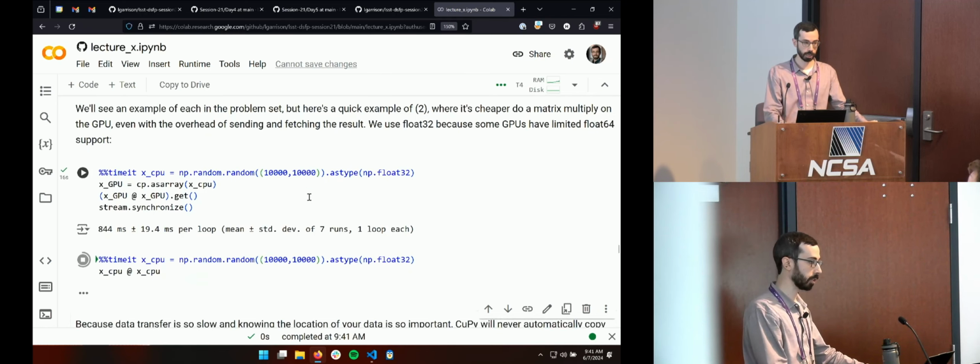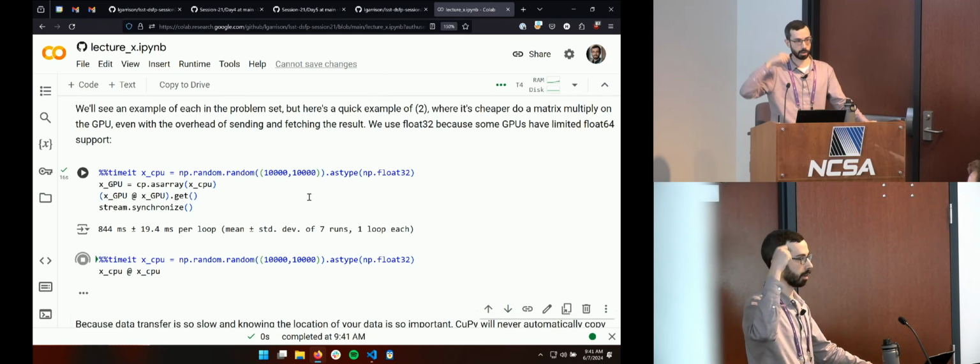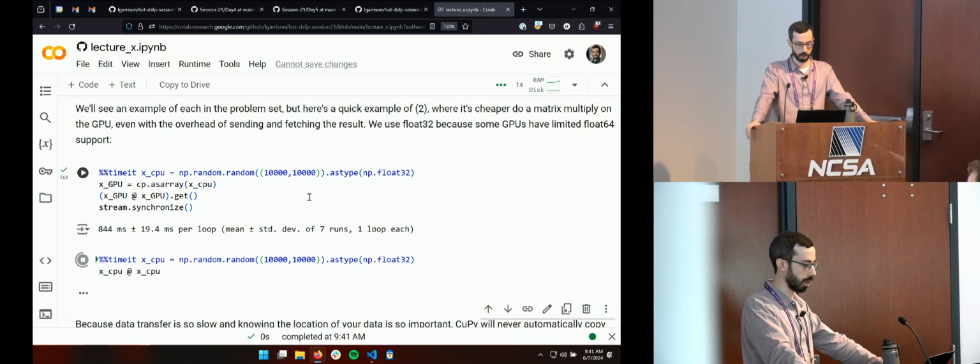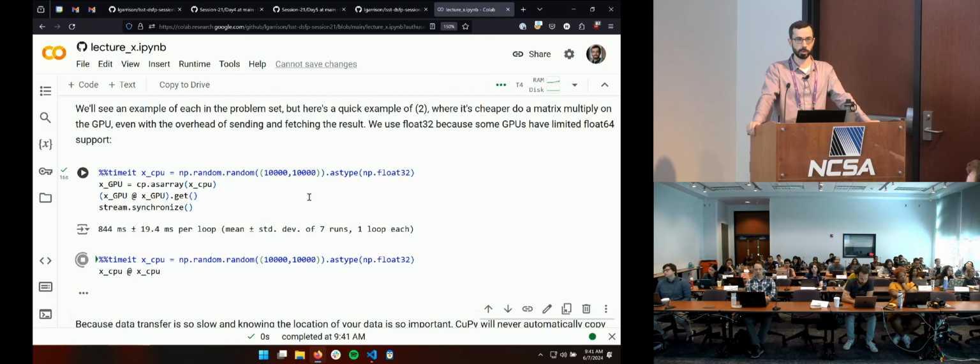It took 800 milliseconds, including sending the data to the GPU and getting it back. If I remember correctly, the amount of math in matrix multiplication is cubic in the matrix size, so it's like 10,000 cubed operations or something like that. But it's very compute dense, is the point. There's a lot of math that has to be done when you send it to the GPU,